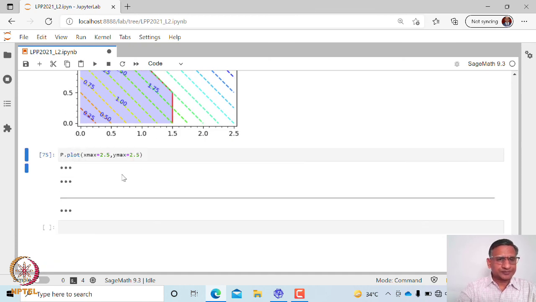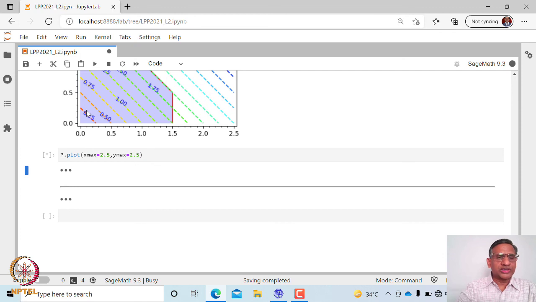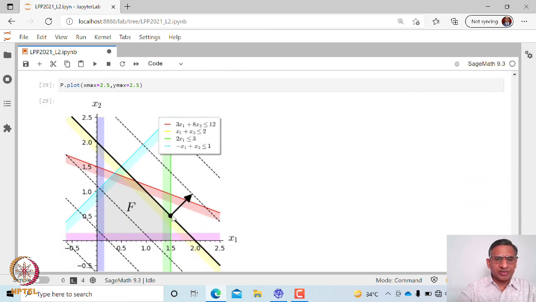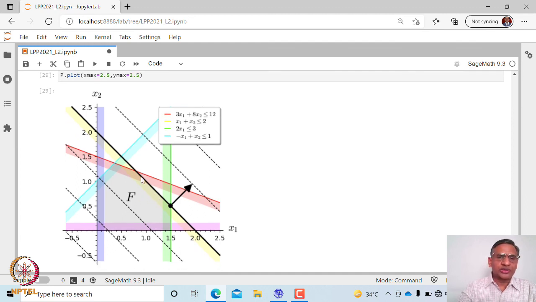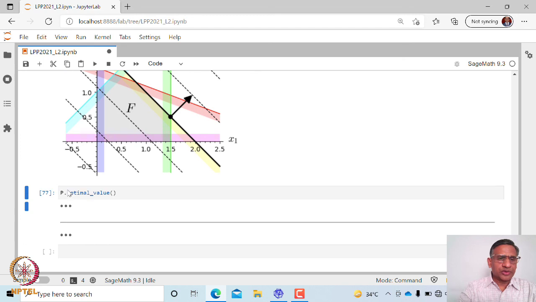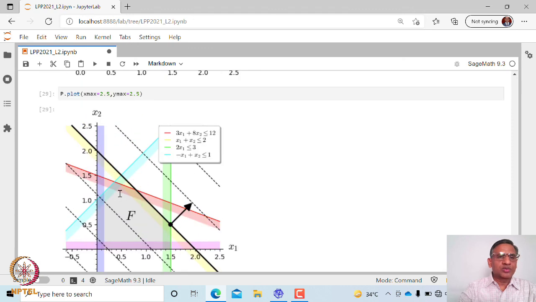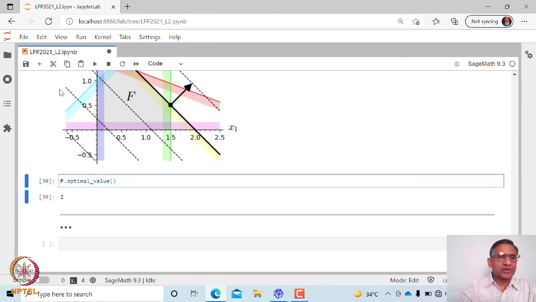If you try to plot this with P dot plot, of course it says the minimum occurs here, but the objective function line coincides with one of the constraint boundaries. Therefore, any point on this is going to be a solution, right? If you try to find the optimal value in this case, it says it is 2, and you can also find the point at which the optimal value occurs.